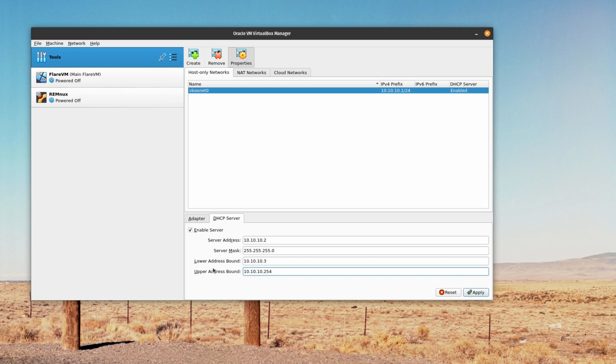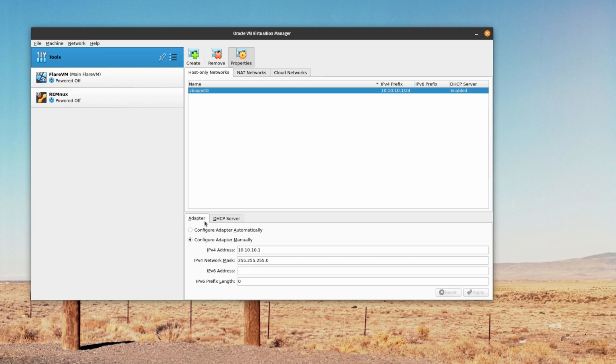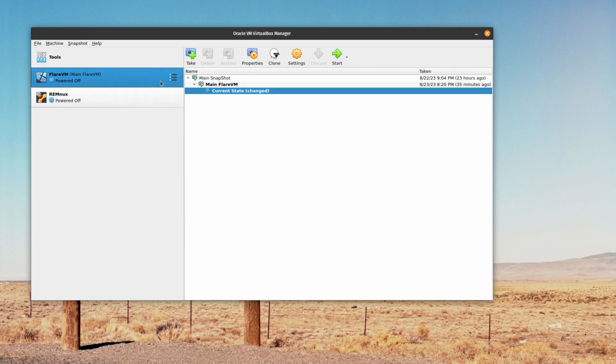10.10.10.254 is going to be the upper bound, right? Let's go ahead and apply it, and hopefully we don't get an error. And there we go, we are good to go. Okay, so I was able to do that successfully. So that is great. Now the next thing that we need to do is go into